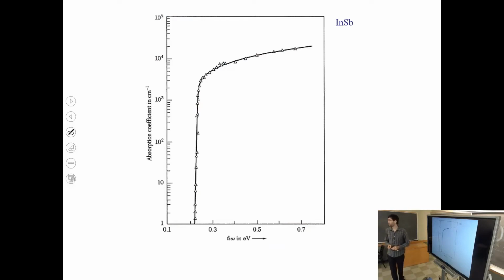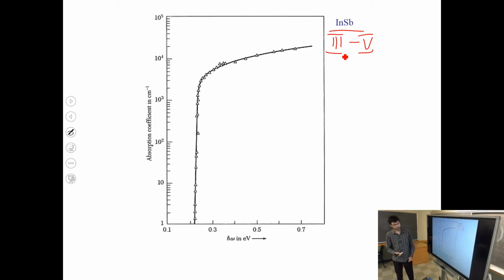This is an absorption experiment done with the semiconductor indium antimonide. Indium antimonide has the smallest band gap of many semiconductors, actually the smallest band gap of this important family that combines group 3 and group 5 elements. Indium is in group 3 in the periodic table and antimony in group 5. So this is a material used actively in things like infrared detectors because it has a small band gap, and so it can actually absorb even some of the infrared radiation.